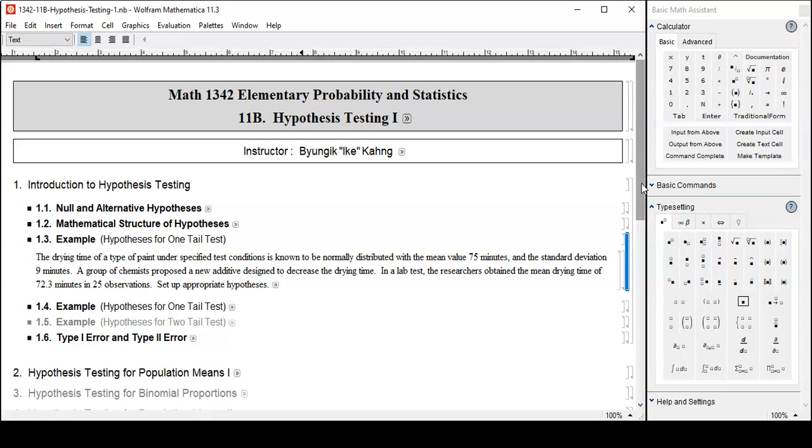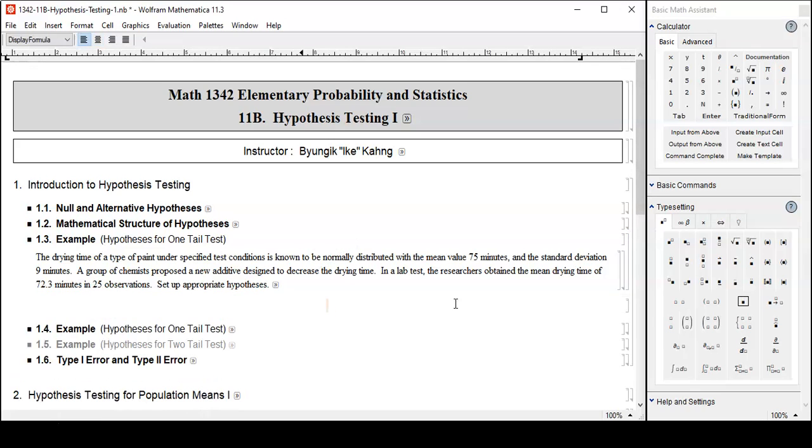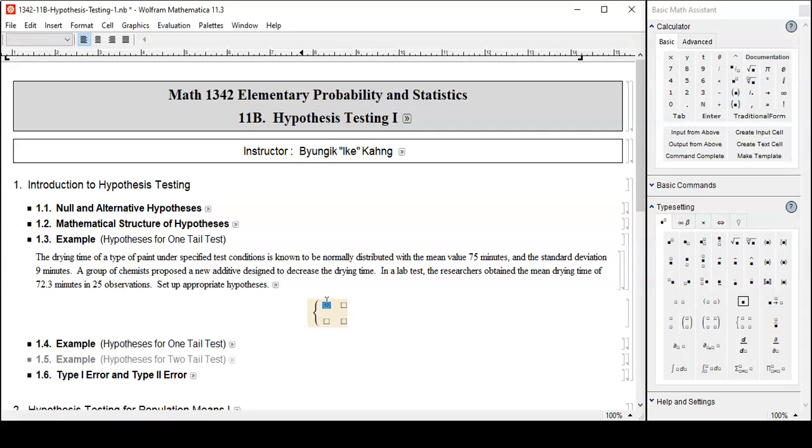So what do we have? We have a type of paint, and then drying time, and we have to set up appropriate hypotheses. All right. So what do we have here? Null versus alternative. Null,